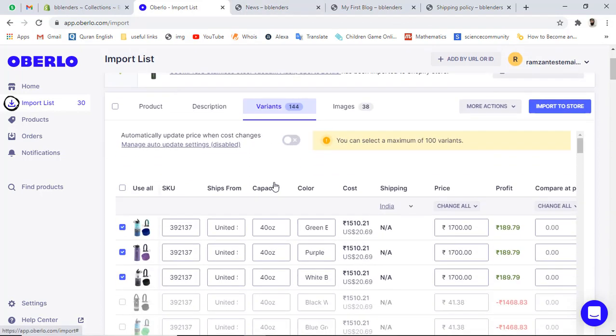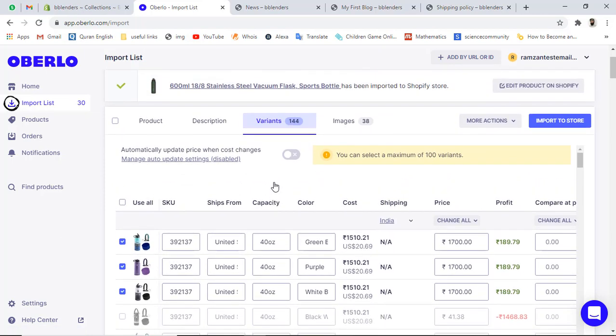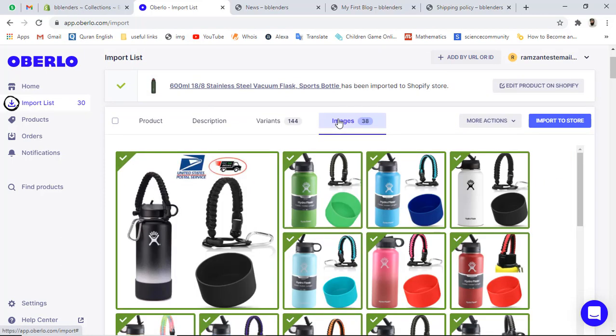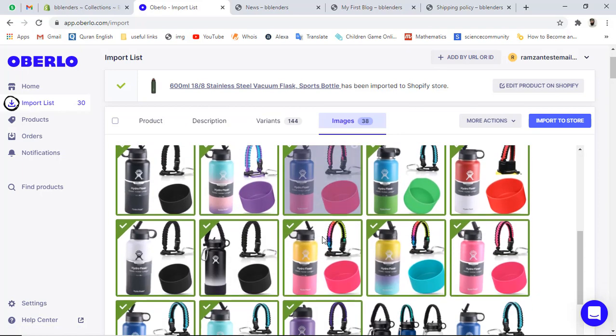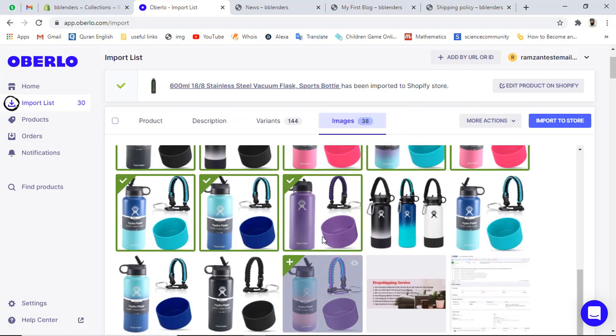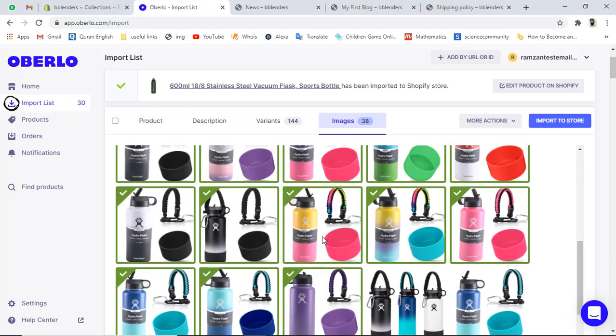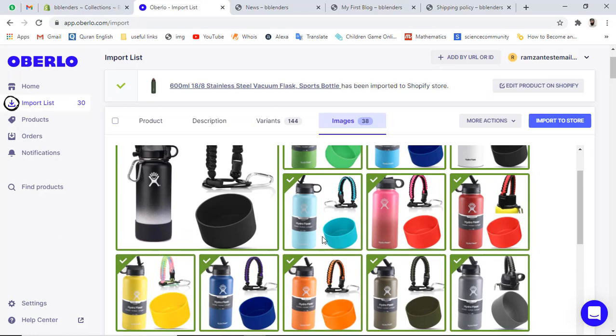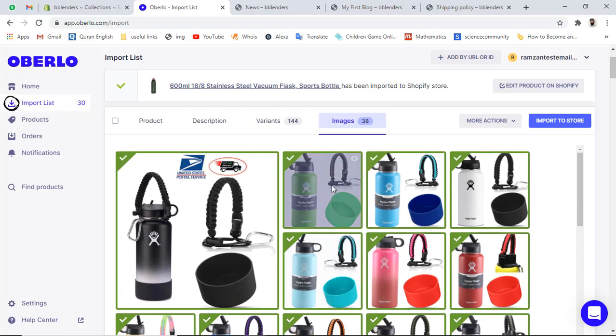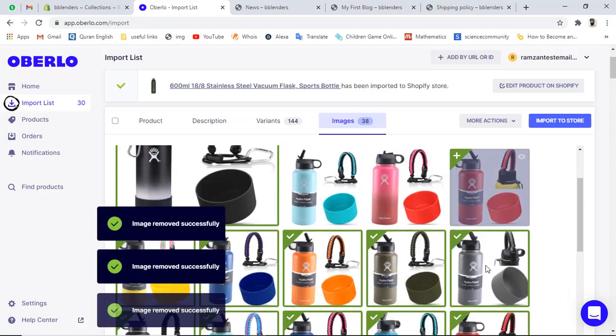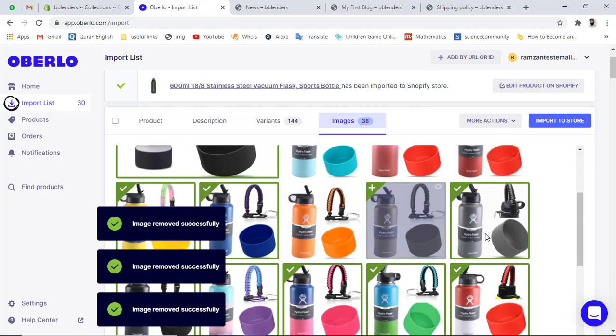You can see that we have green color, purple color and white color bottles, and in the same way we have to unselect all the other images except those 3 bottles which we have selected from the variants. So you can see that on the top we have green, purple and white. So let me unselect all the other images.